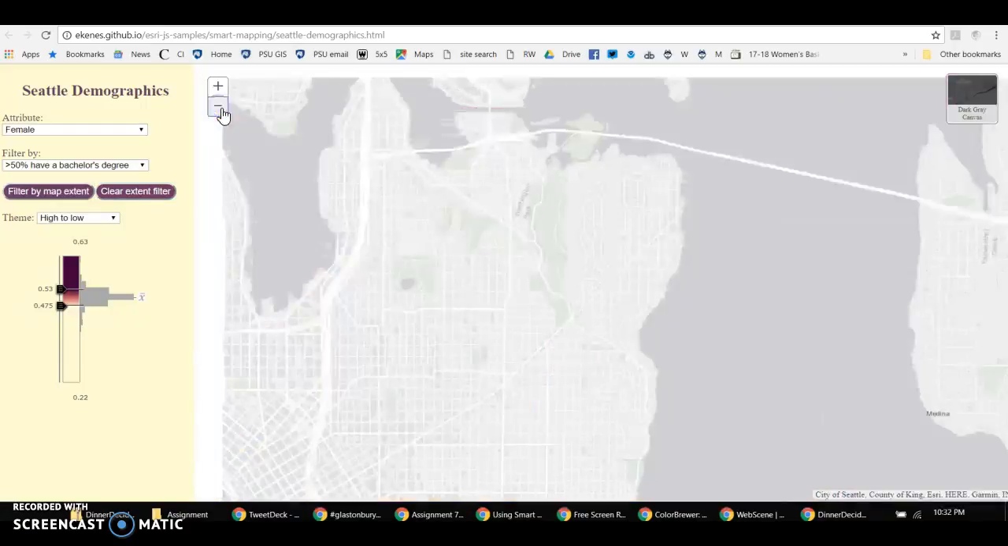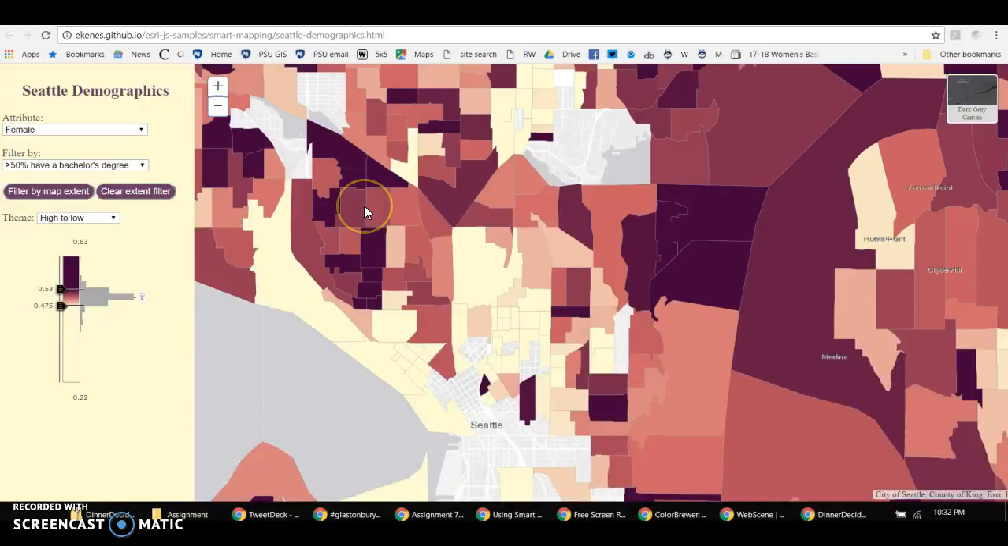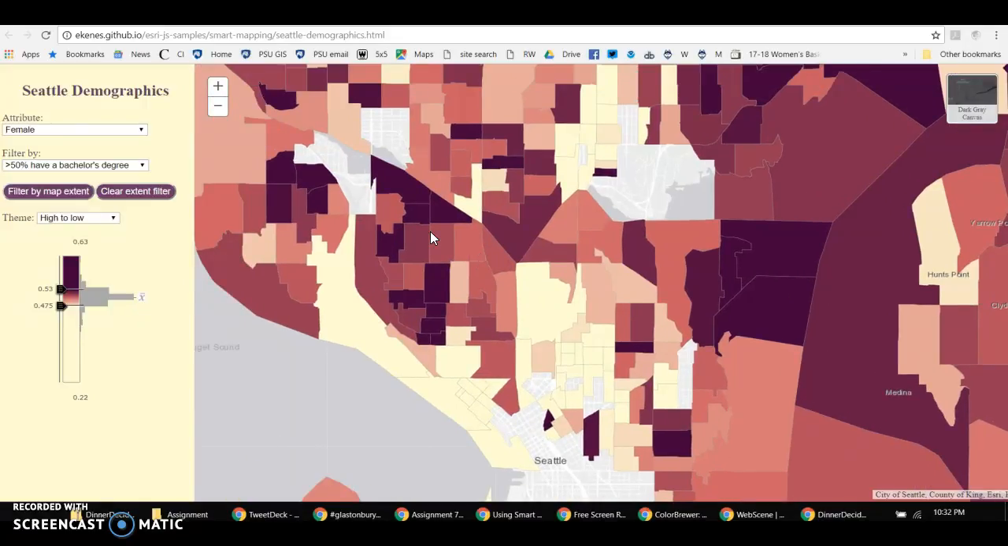So if you're just doing one visualization in one way, you might be better off using a standard set of tools, standard JavaScript program or ArcGIS Online. So that wraps up what I